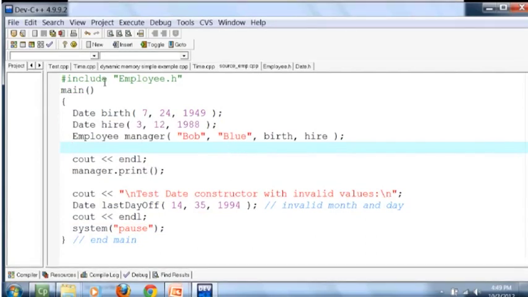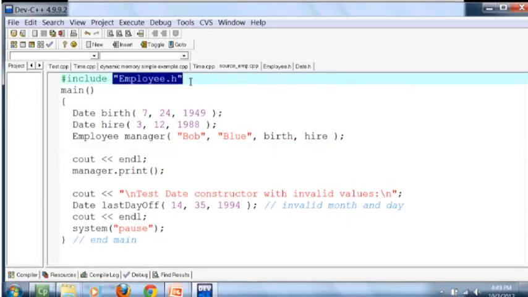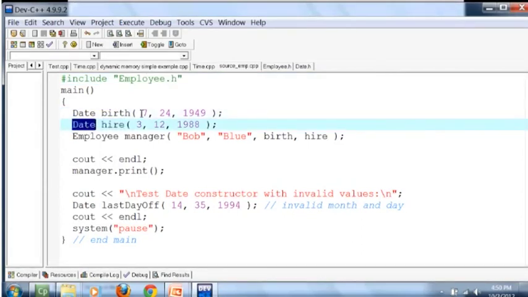So in the employee, in our source underscore emp.cpp file, we include the employee.h file. When we include employee.h, this means that we also include date.h, because in employee.h we had included date.h, and we also include iostream and string and using namespace std, because we had included these three things in date.h, right? Then we create two objects, birth and hire, whose type is date. We initialize them with some value,